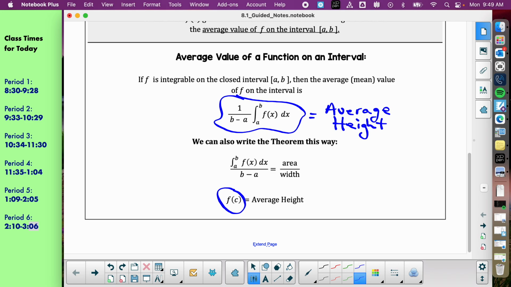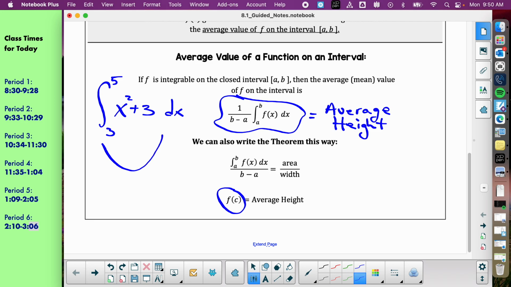Let's say the equation we were working with, I'll just make it pretty straightforward. Let's say we did this from 3 to 5, and we found out the average height was like 4. How would we find that x value that the height of 4 happened at? We've done this before, but it's been a different setting, so I think that's why you're thrown off. Okay? So x squared plus 3, it's going to look like this.